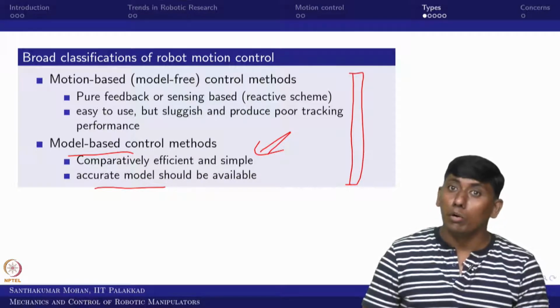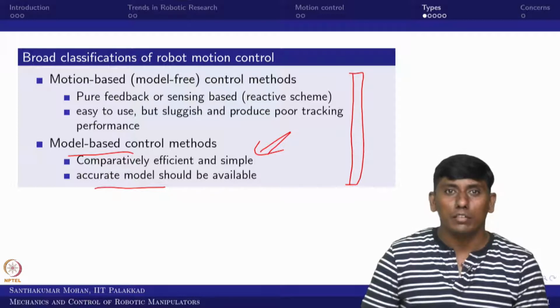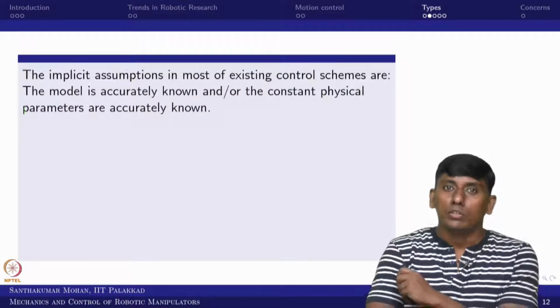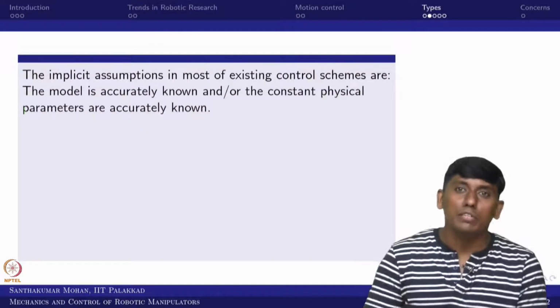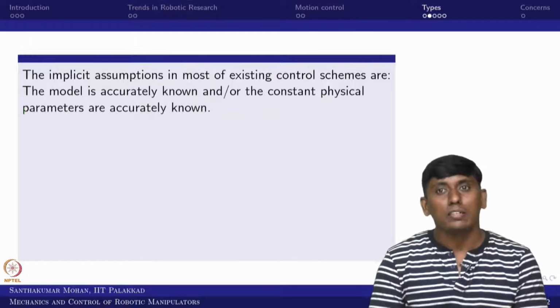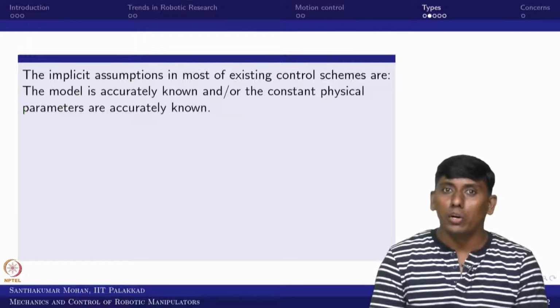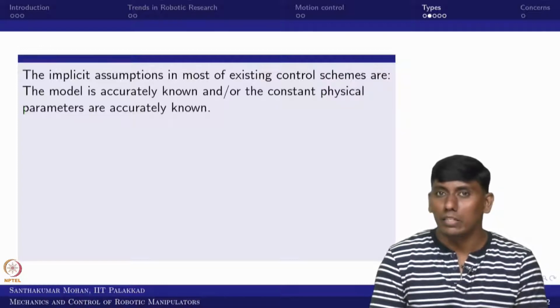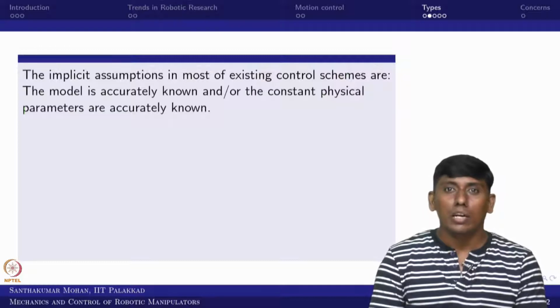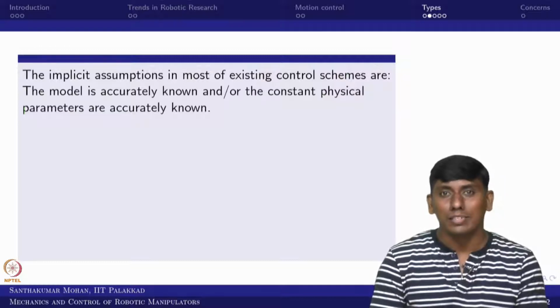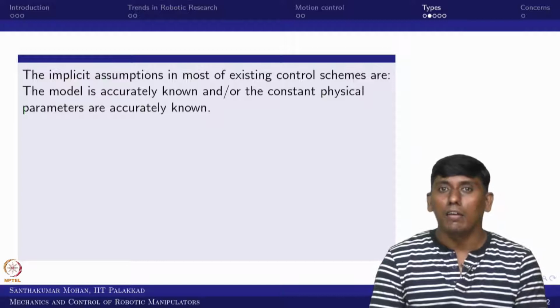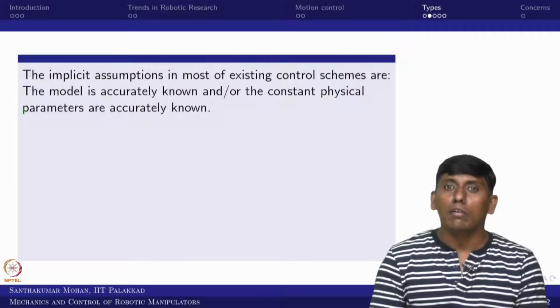Further, we want to see what other ways there are to classify. Most of the assumptions we have made are that either accurate sensing is available, or the sensor noise is eliminated, or an accurate model is available to all of us. These are all implicit assumptions we took for the previous attempt. But what if the model is not accurately known, or the sensor has an error? Then how can we do it?